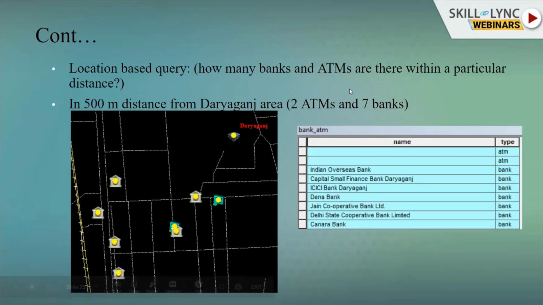Now, this is just a small example. Many other types of queries we can solve with the help of such a study. Like we can find out which will be the nearest bank or ATM from Daryaganj for a person standing there, and which will be the farthest bank or ATM. Then they can find out which route they can follow, or the route they are following, whether the road is metalled or unmetalled, and where they have to go to reach the destination. Such types of study we can do with the help of GIS.